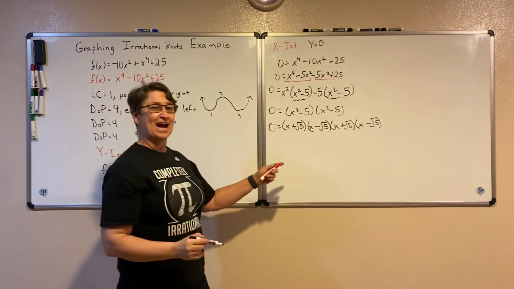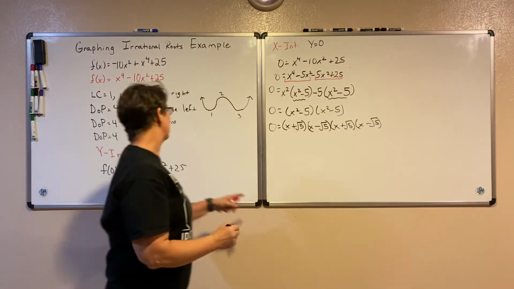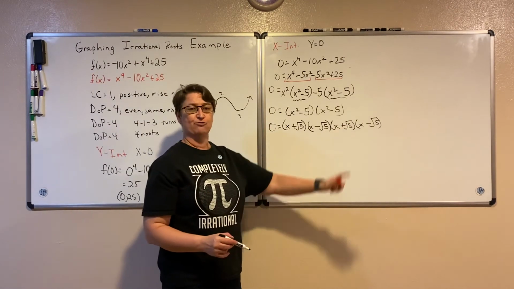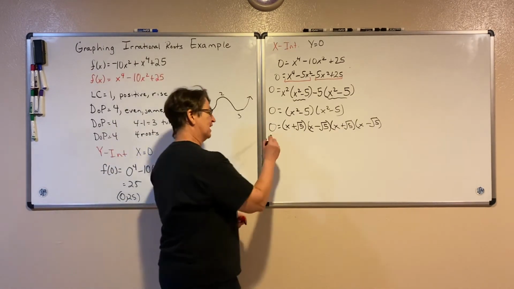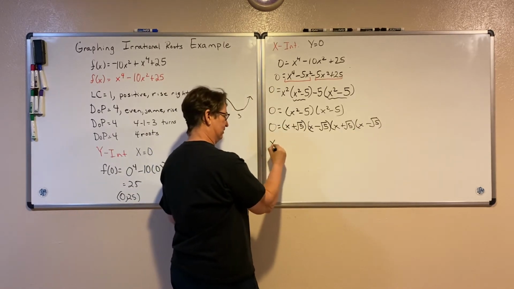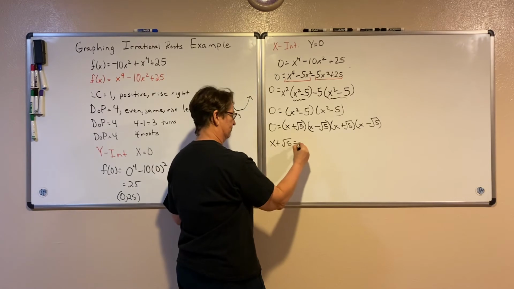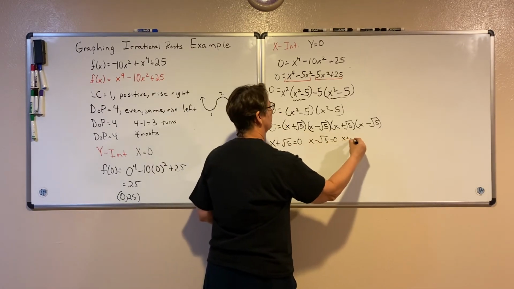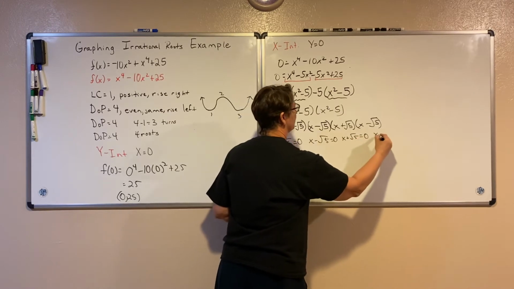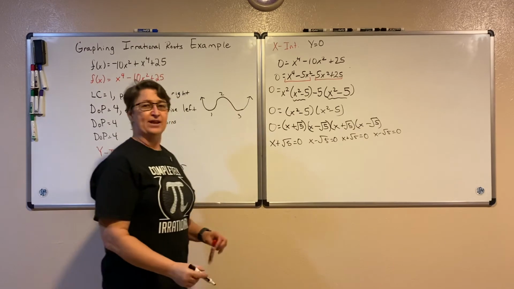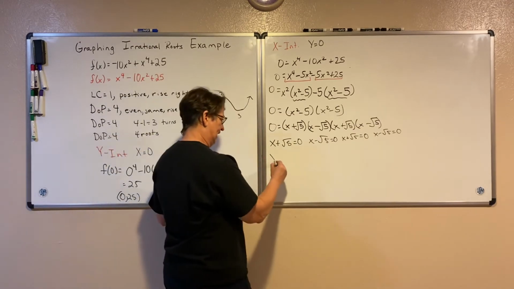I now have it down to linear factors. We said there were going to be 4 of them, and sure enough, there are 4 linear factors. I have 4 numbers multiplying together to equal 0. One of them has to be 0. Perhaps it's this guy, or this one, or this one, or this one. So I just set all of them equal to 0, and now I solve so that x is equal to